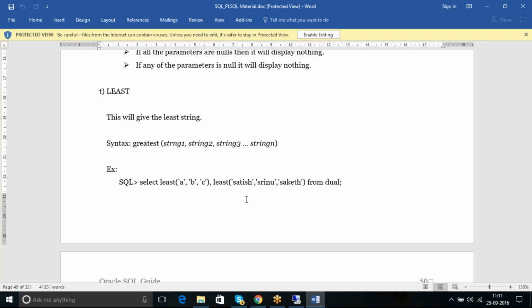The first day I told you, it takes the input as strings and returns a single string output. Let me explain. The second string also matches. The third string also. Now three strings are matched.